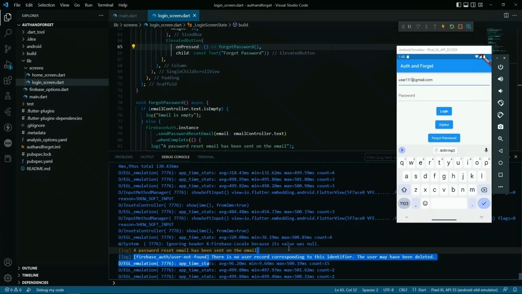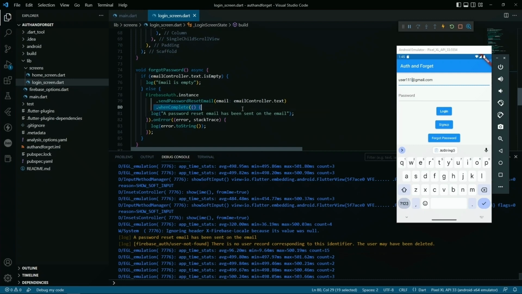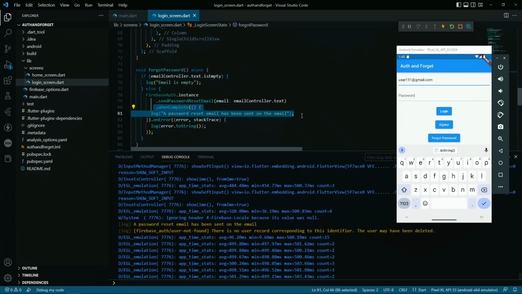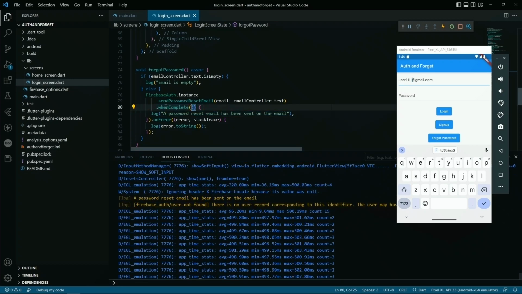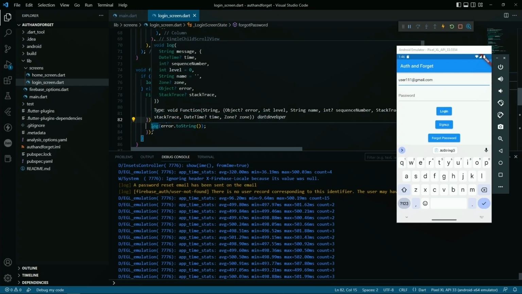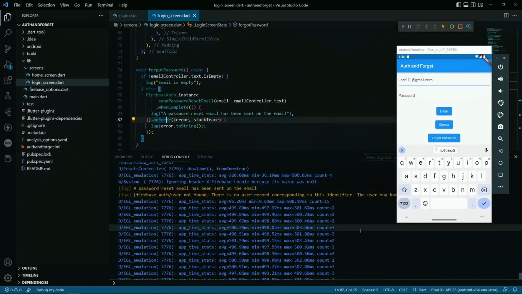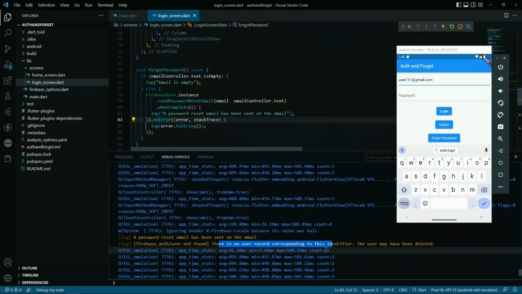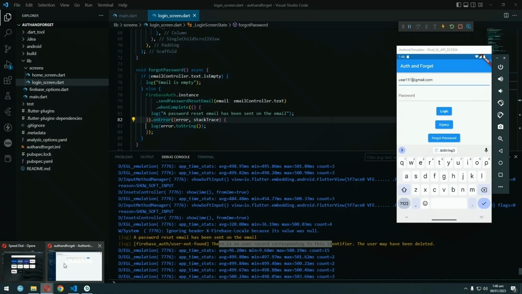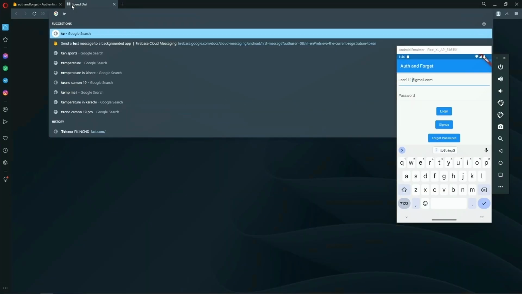So what it does is that it's showing an error. The issue over here is that "password reset email has been sent" is printed because it's using whenComplete, and then in the case of error, it's showing that there is no user corresponding to the identifier. The user may have been deleted. So it's a simple error, but it shows that the email that I provided doesn't exist in the authentication. So I'm just going to go to temp mail, and